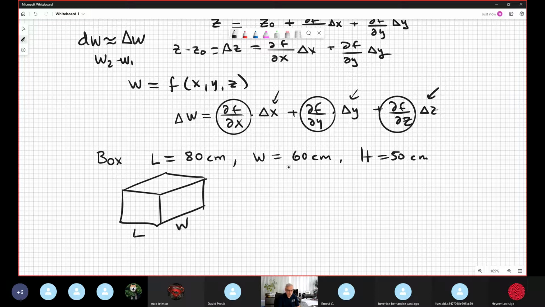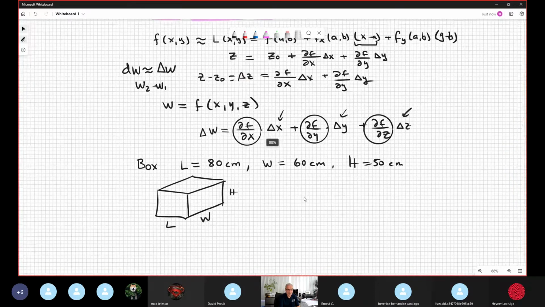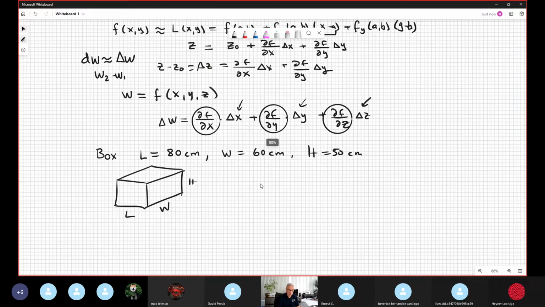Length, width, height. It doesn't matter what you call it. This is not important. This is totally relative. So I use one instrument, the same ruler maybe, to measure each dimension, and delta L, delta W, and delta H are the same, 0.1 centimeter. It's the error. So I want to find